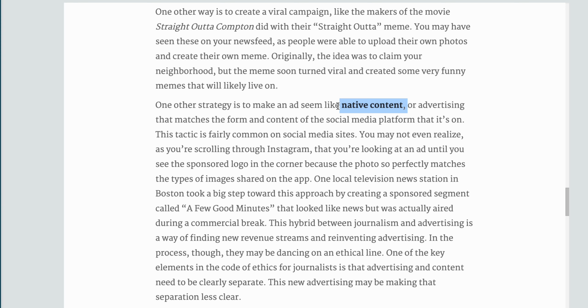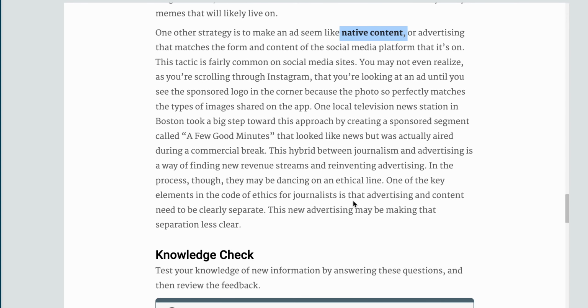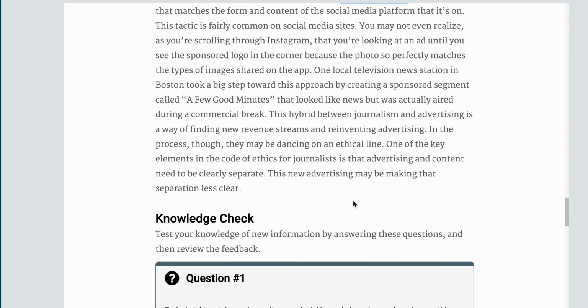I'll give you an example. We have a film in which a kid is swimming, using the pool, and we have an ad for shampoo or any product that needs to be advertised. So within the scene, you will feel that you are introduced to a product without a separate advertisement. This is called narrative or native content.